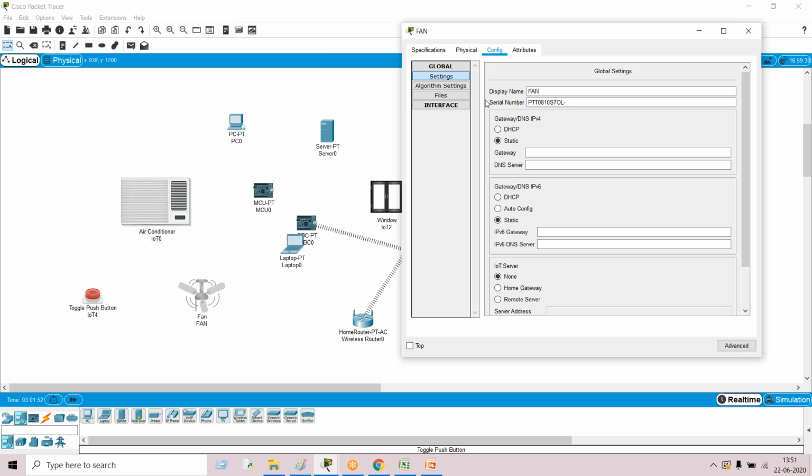You can see the name of the fan has changed. Okay, so the serial number is not related to the particular device it is given. And the second component is nothing but IPv4. We can either assign a dynamic IP or static IP based on the protocol that we are going to use for our experiment, whether IPv4 or IPv6,